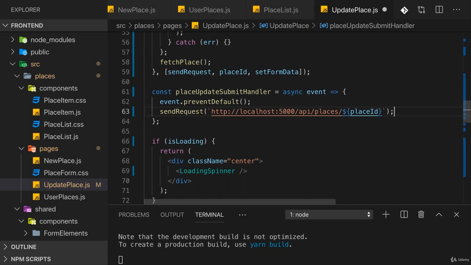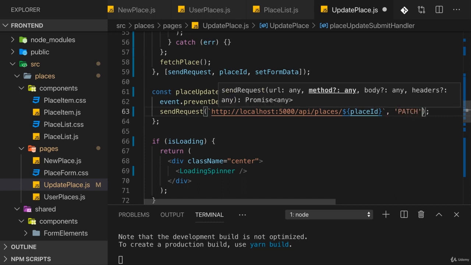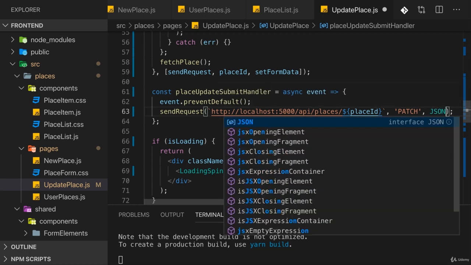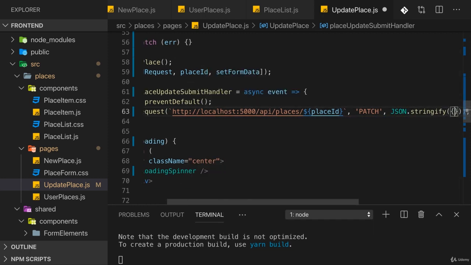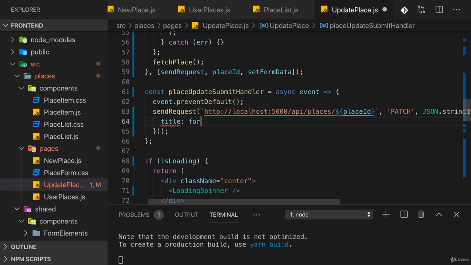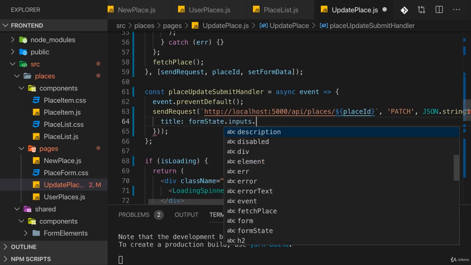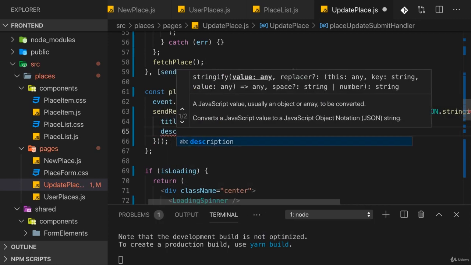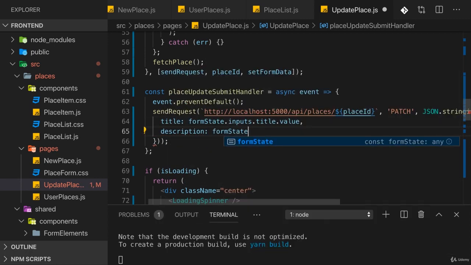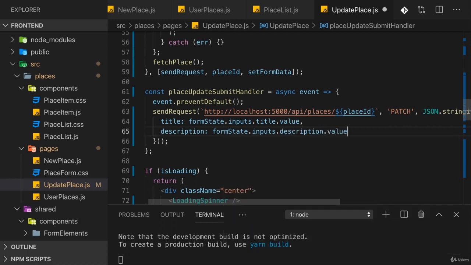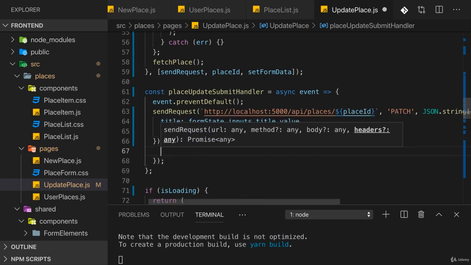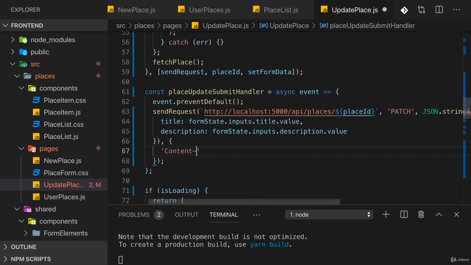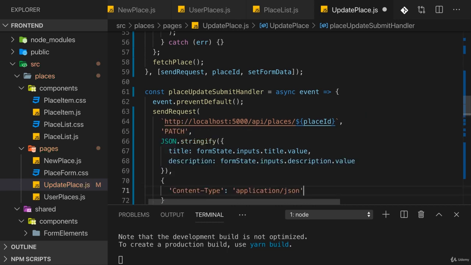Now, this is not a default request, so we need to add a second argument where we set patch instead of the default of get. I want to add a body, and this has to be stringified data, so JSON data. And there we should have our new title, which we get from form state, inputs, title value, and the new description, which is form state, inputs, description value. And last but not least, let's also add our headers here. And there, you know, we need to add this content type application JSON header